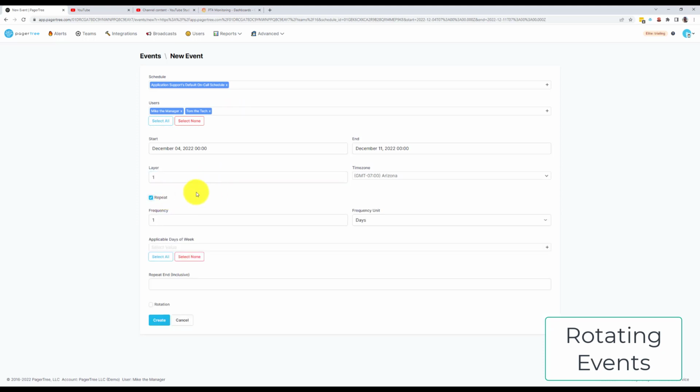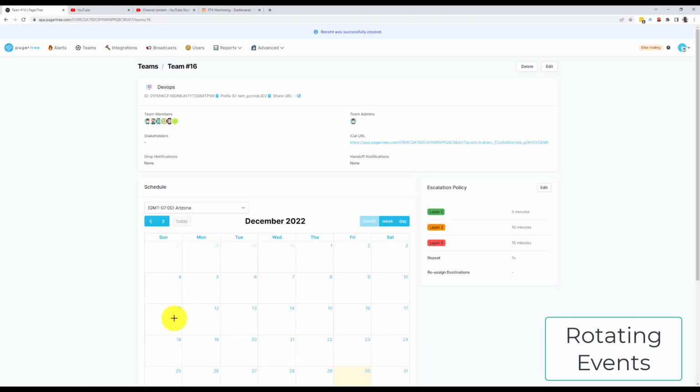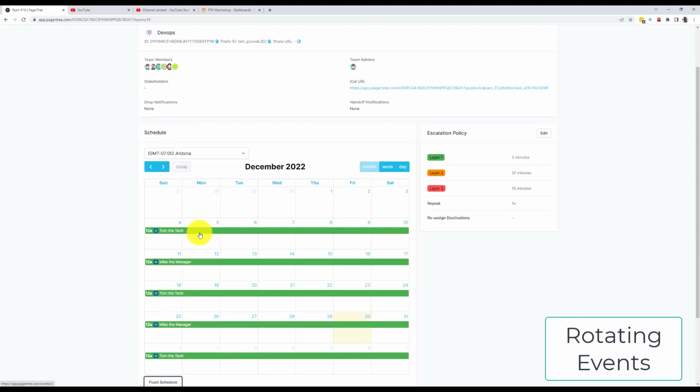I will then click the Repeat checkbox. Because this event is 1 week long, I want it to rotate every 1 week. I will then check the Rotation checkbox and drag and drop the users into the correct order. When I am happy with the rotation, we will click Create. Now we can see the rotation between Tom the Tech and Mike the Manager every week.